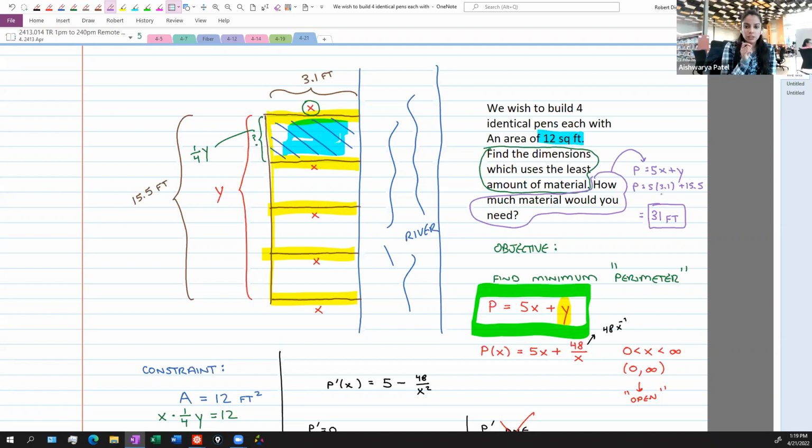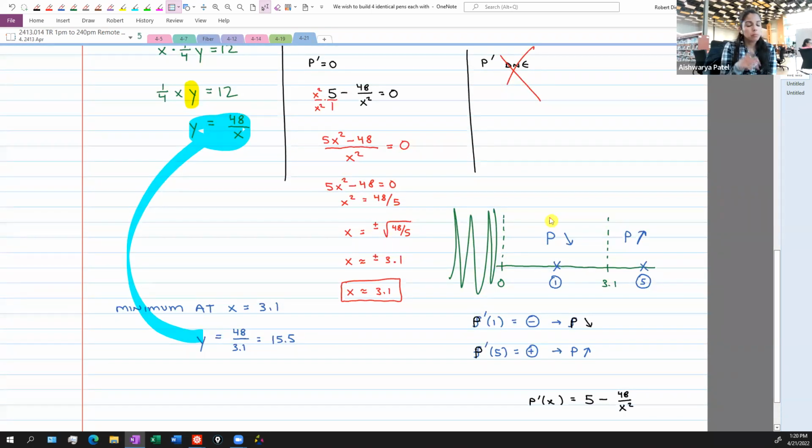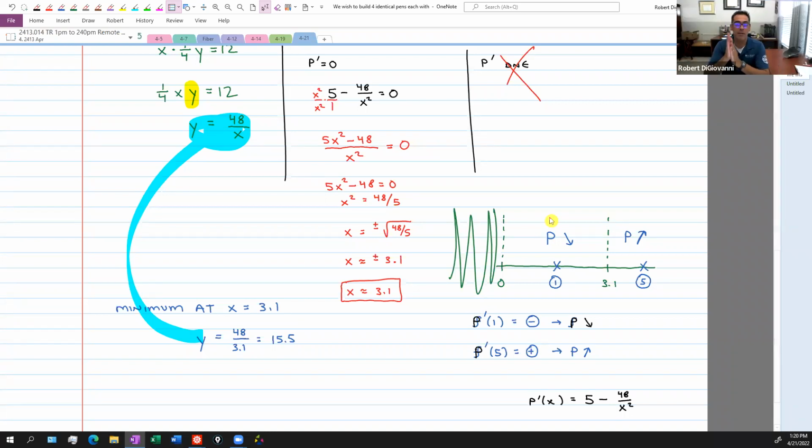I have a question. Yes. So going back to that 3.1, you said that it's a local max, but you know for a fact it's an absolute max. No, minimum, sorry. Yeah, sorry, minimum. I knew you meant that. Is that because it's the only critical number we have? How do you know that's not just a local one? Yeah, because it's the only one critical number, and it going down and up means that